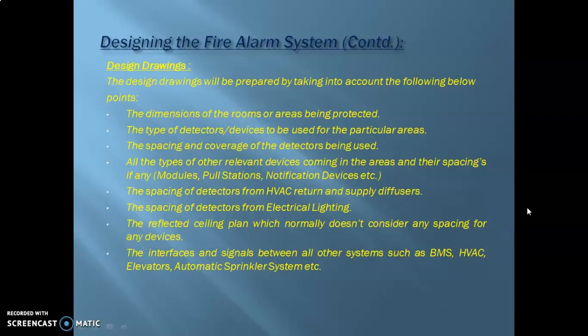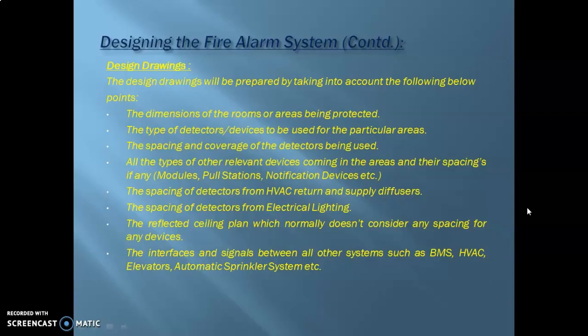Then the spacing of detectors from HVAC return and supply diffusers, the spacing of detectors from electrical lighting. Now, when I say detectors, this includes both smoke and heat detectors. It's not just restricted to smoke detectors. Then you have the reflected ceiling plan, which normally doesn't consider any spacing for any of the devices.